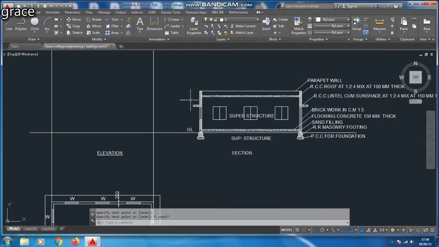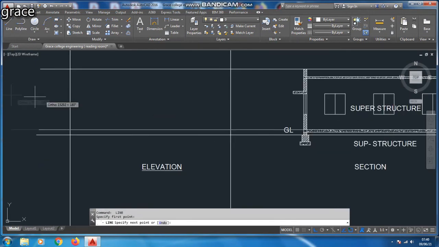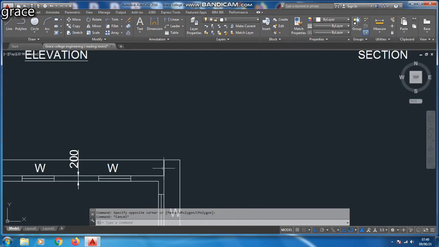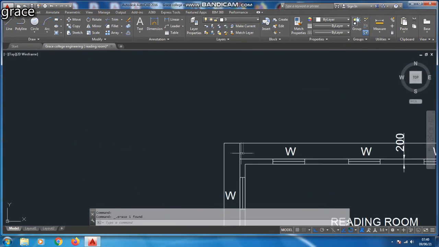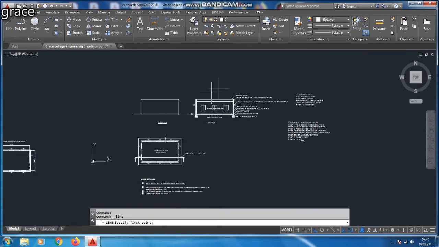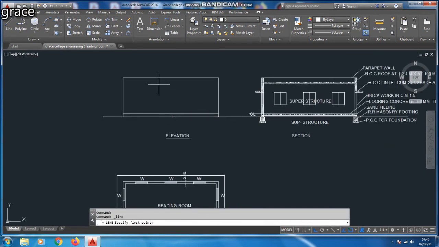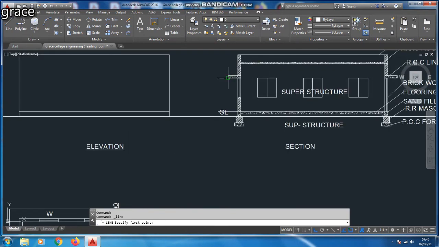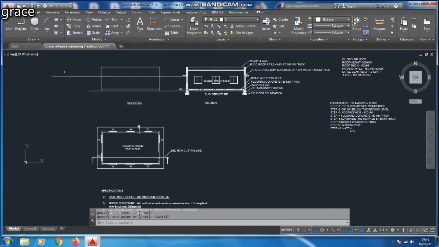From this section, we are going to draw an elevation of our building. Just extend the line from ground level to parapet line and trim the excess line. We can easily draw the elevation of our structure. Okay, so I am going to extend the line from the parapet, ground level as well as sunshade level.